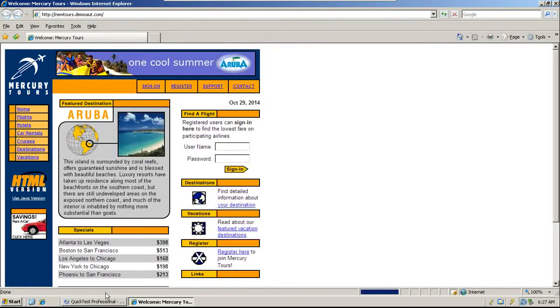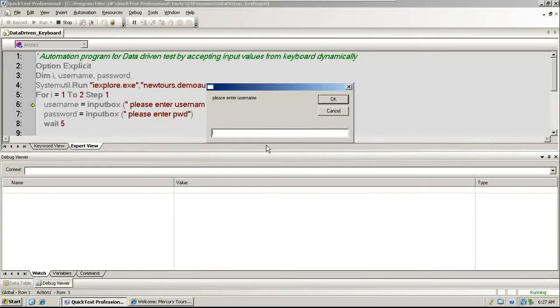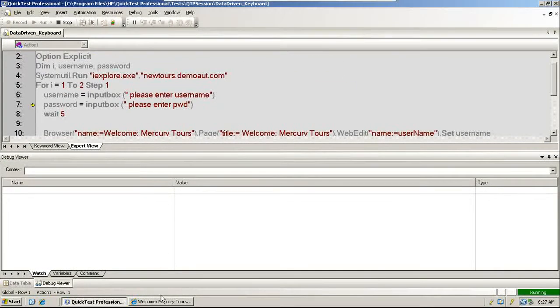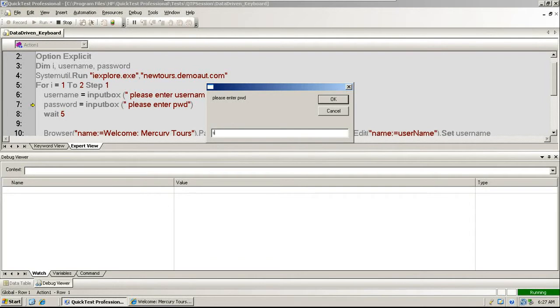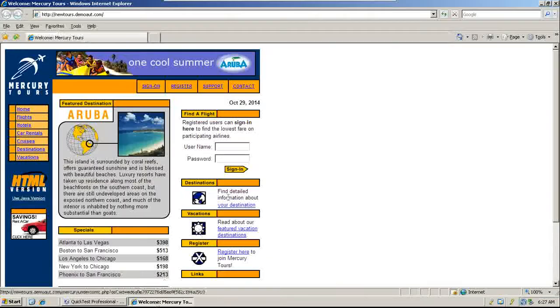Okay, now what is it doing? So anything more than one time is data driven? Anything I want to do more than one time is called data driven? Yeah. You can do it more than one time, any number of times, 100 times. That is the whole point of data driven testing.